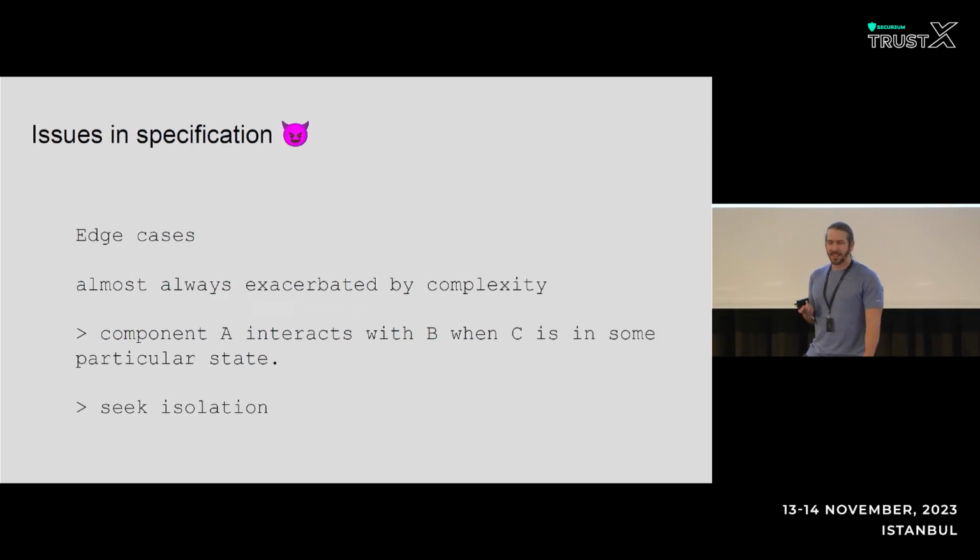Issues in specification are almost always interactions of components with each other. Usually, say you're specifying an exit, like how do you exit the beacon chain? You sign a message, you verify the message, you change a few state variables about a validator. But the problem is when these components interact with other things to produce edge cases in relatively complex ways. So maybe that validator has some balance below threshold, maybe that validator's already been slashed, maybe all sorts of other things. And so try to isolate these things. It's not always possible.